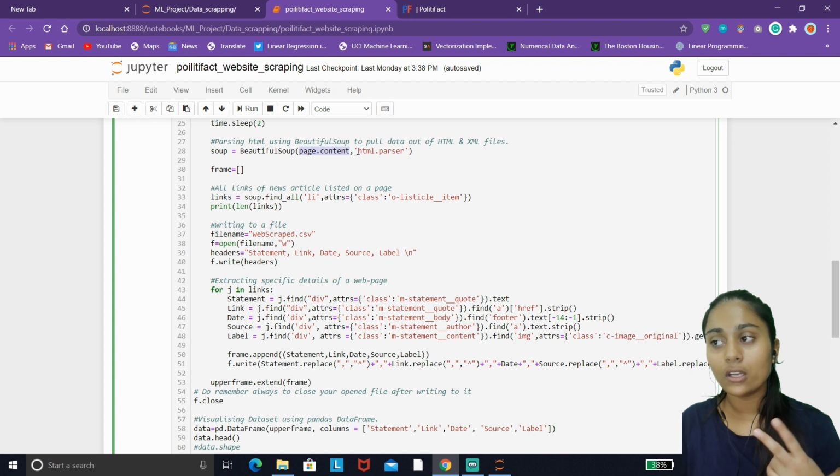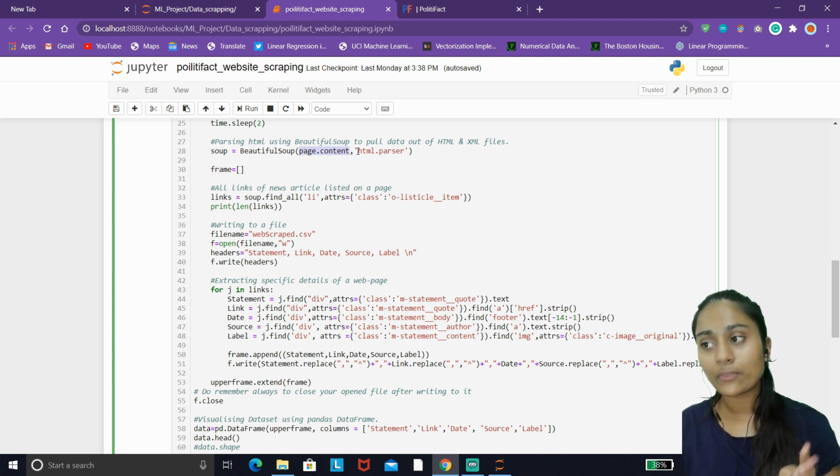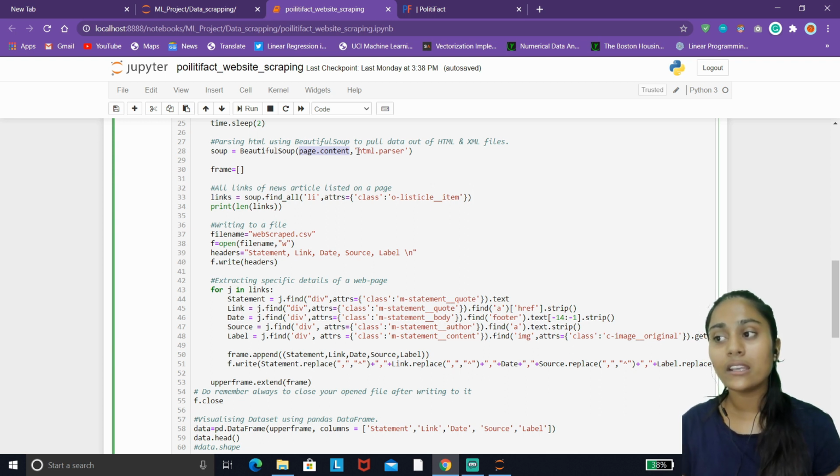There are two HTML parsers in the documentation of Beautiful Soup that you can use. I'm using html.parser here. You can use another one, which is html5lib. It basically depends upon you, whatever you want to do.